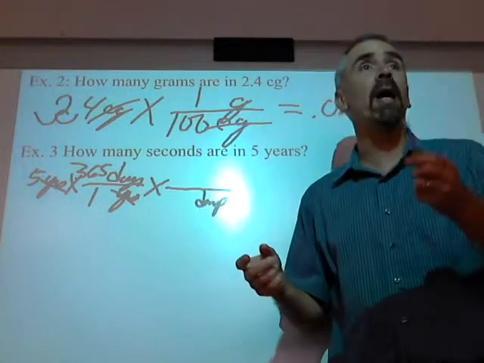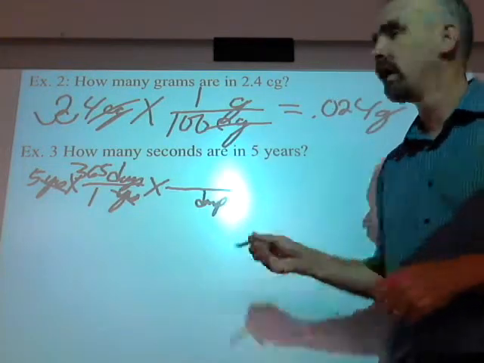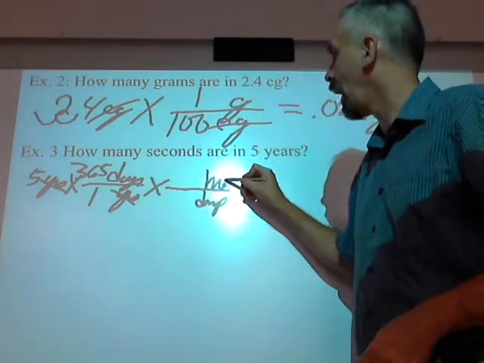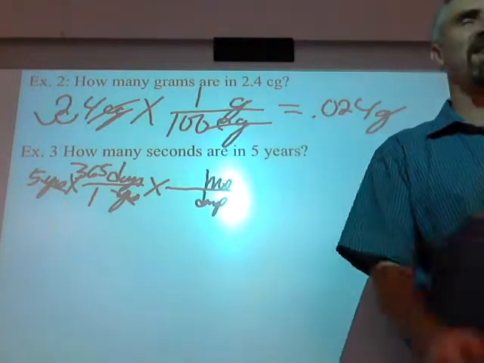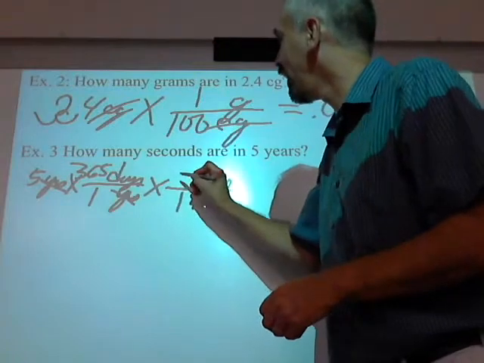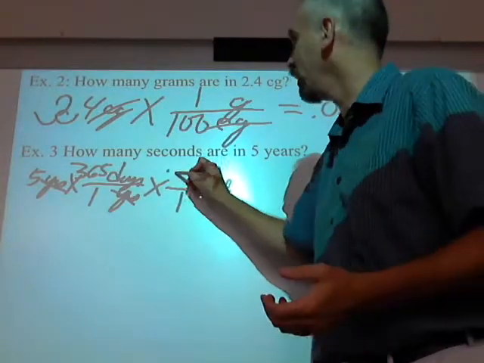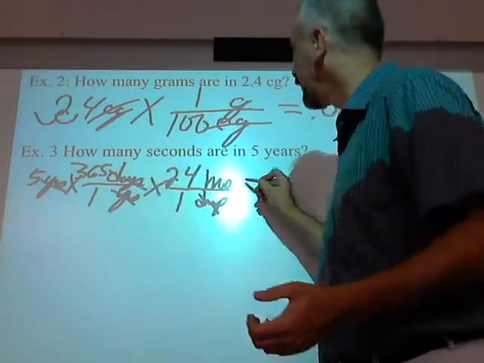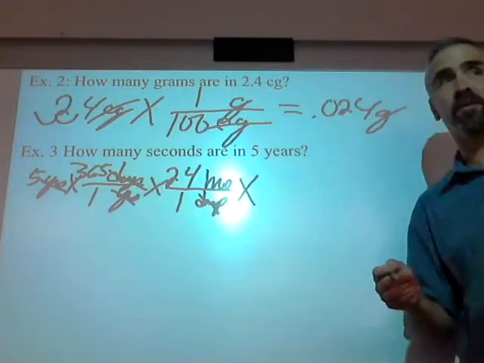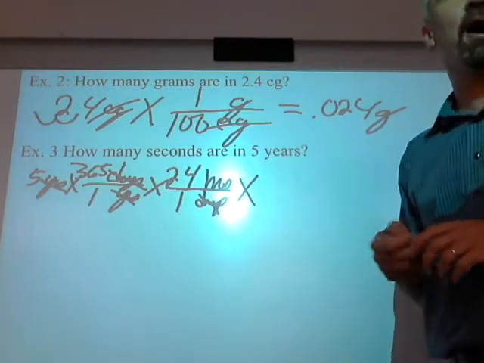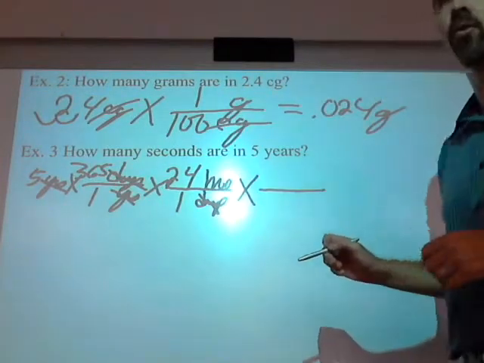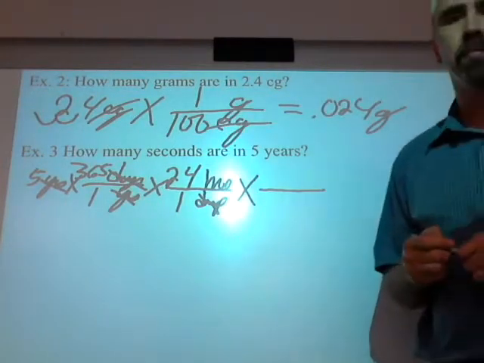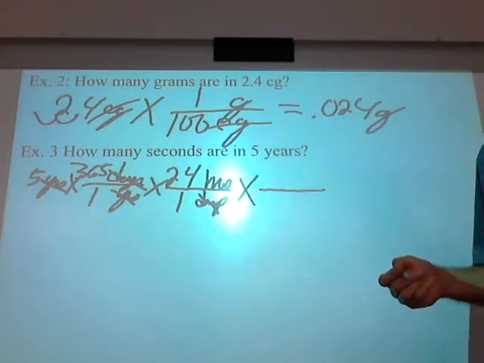No, you don't want to, yeah, I do know how many hours are in a day, don't I? Right? So hours. Not mine, but all of ours. Okay. 1 day contains how many hours? 24. Okay. Now I've gotten out of days, because some of you are still in a days, and I've gotten into hours, not mine, but all of ours. And we're going to go into, well, what's going to go on the bottom this time? Hours.